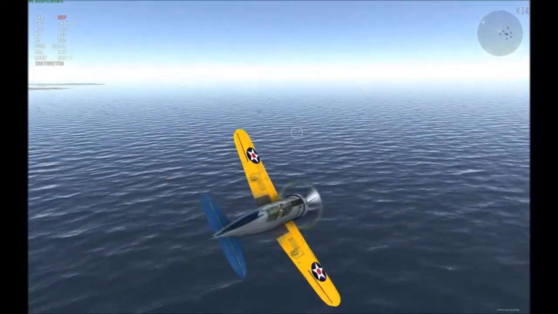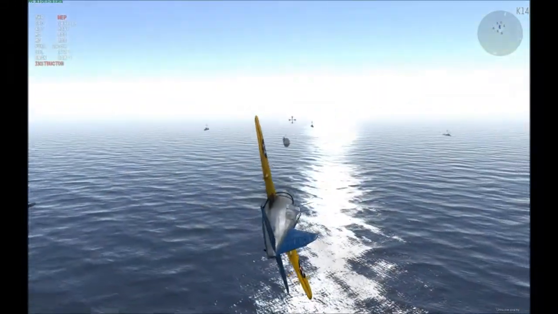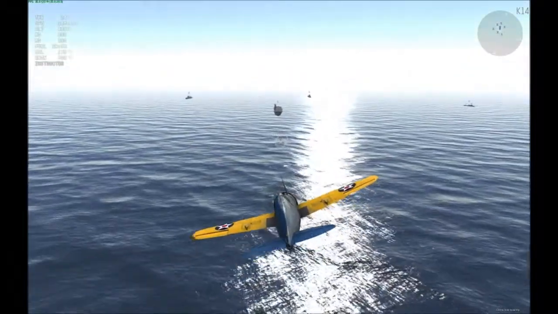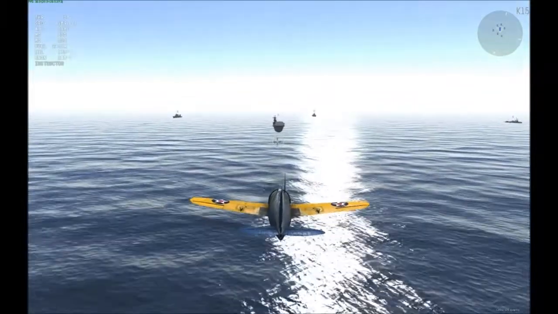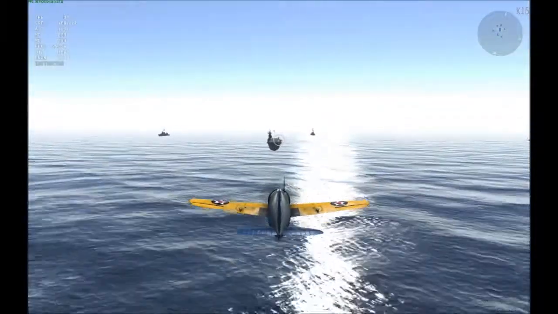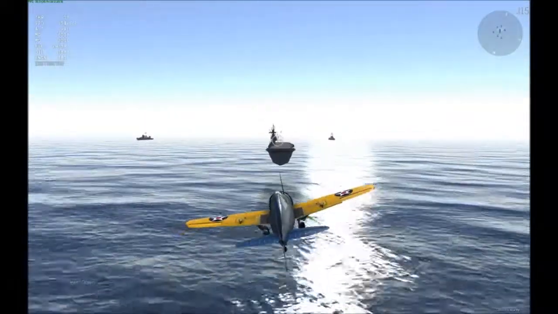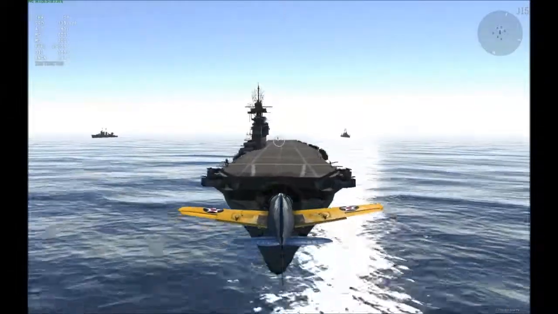So pretty much pretend I just got from battle. So then what I do is I approach the carrier. I simply lose altitude. I put it to not that much throttle because I need to lose speed, and then I put out my gears so I lose even more speed. And then you want to be careful that your gears don't hit